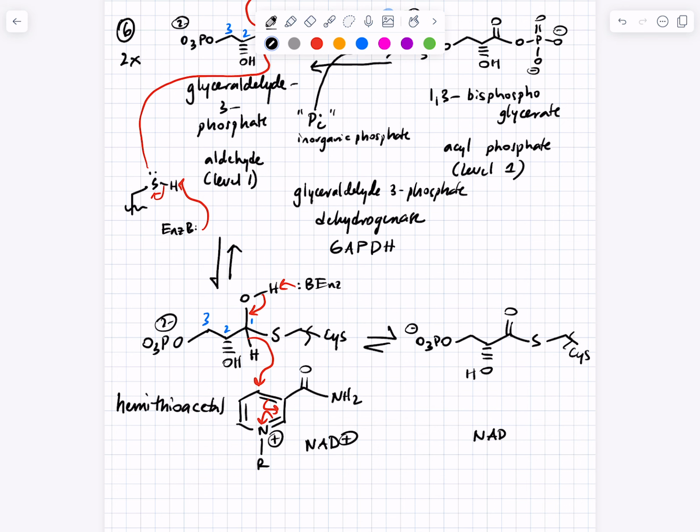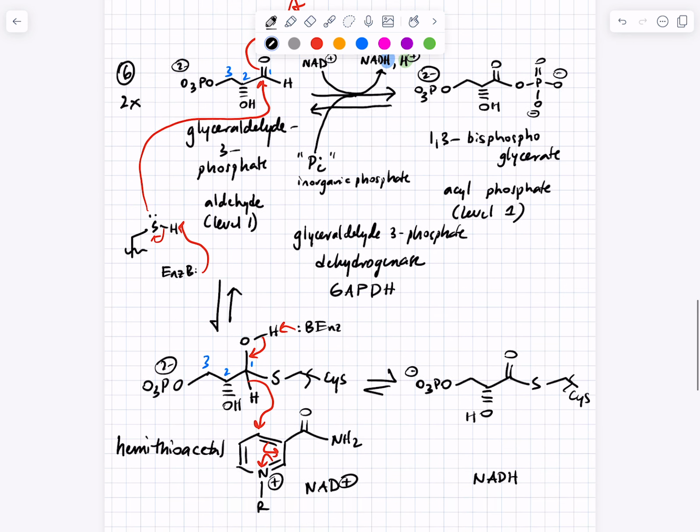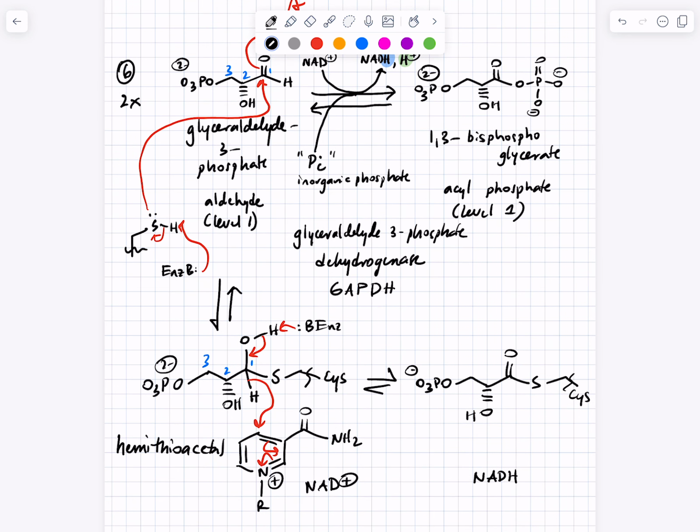And then, of course, you get NADH out. Now, thioesters are also level 1 reactivity. That's why it's not a big uphill in energy to go from the aldehyde to the thioester. But now you can see what we're set up to do to get from the thioester